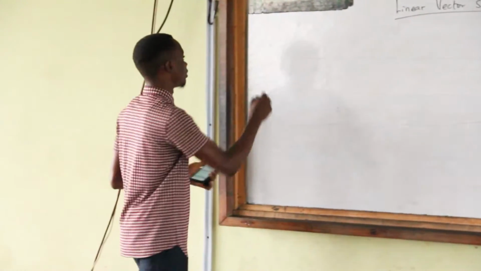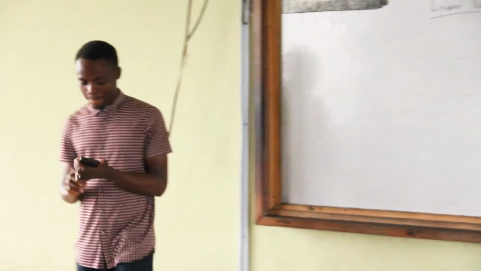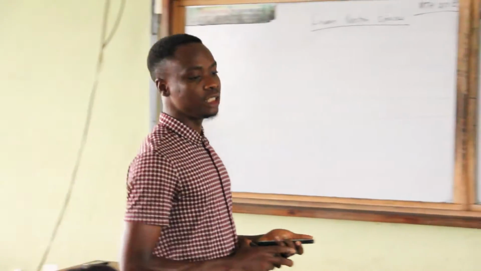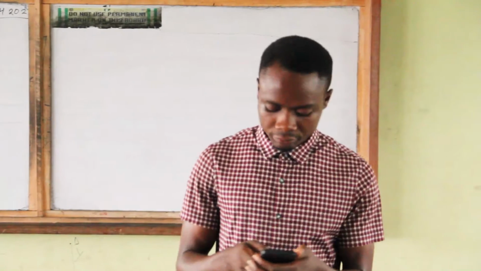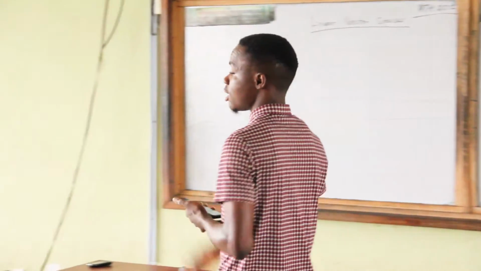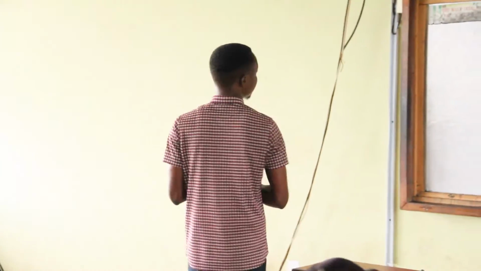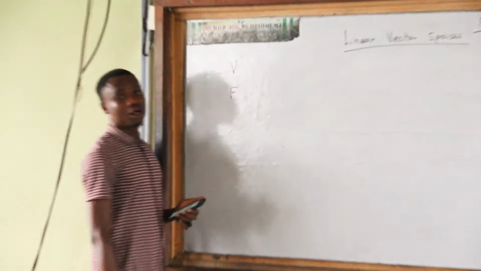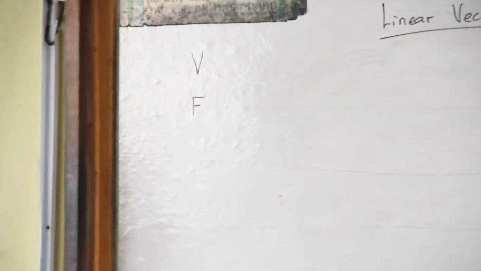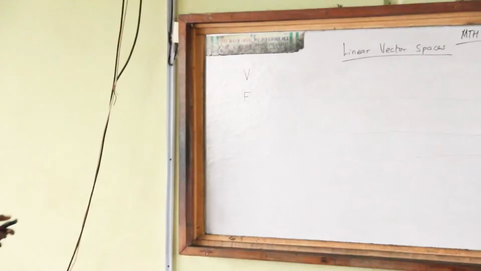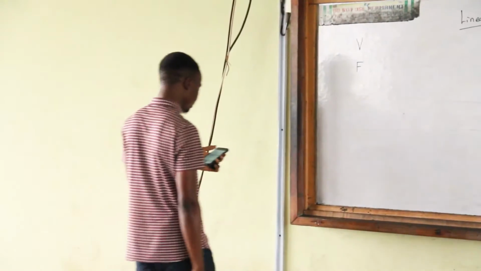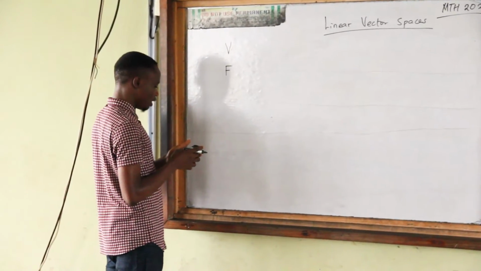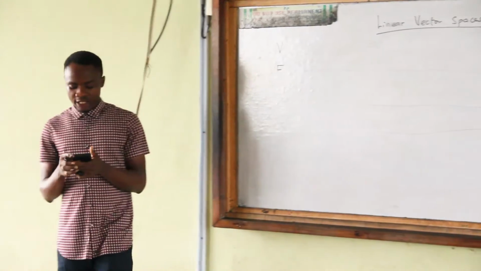is. Alright. So we say that a linear vector space V over a field F of scalars consists of